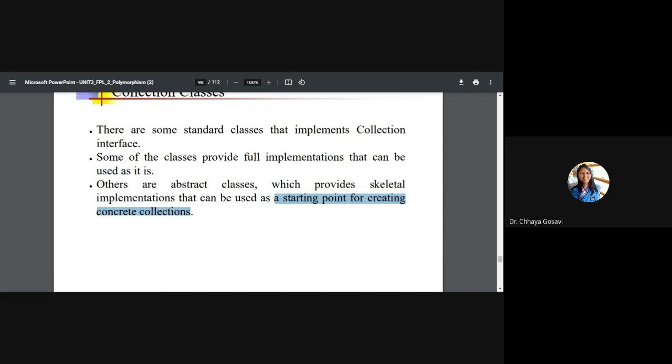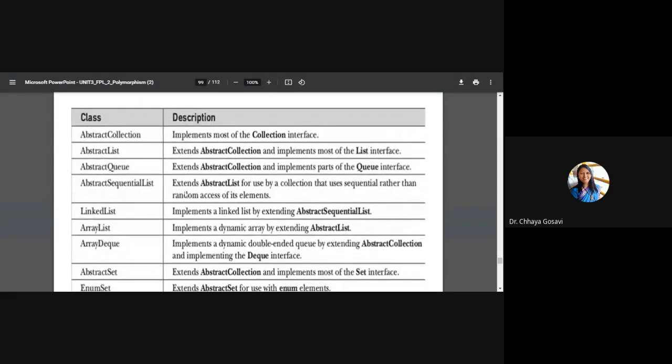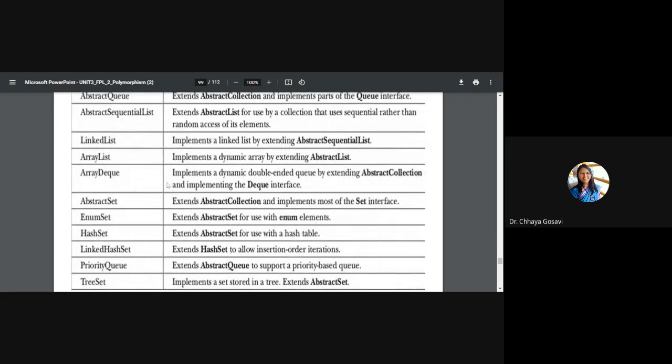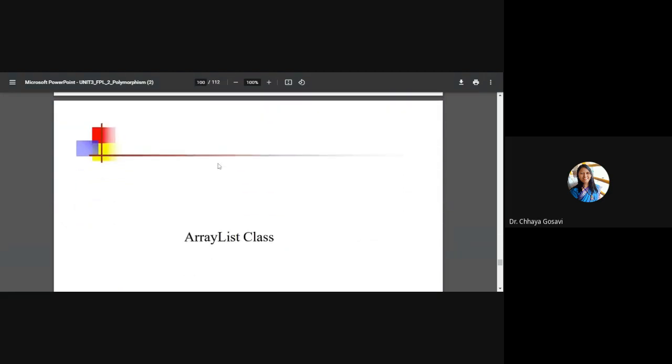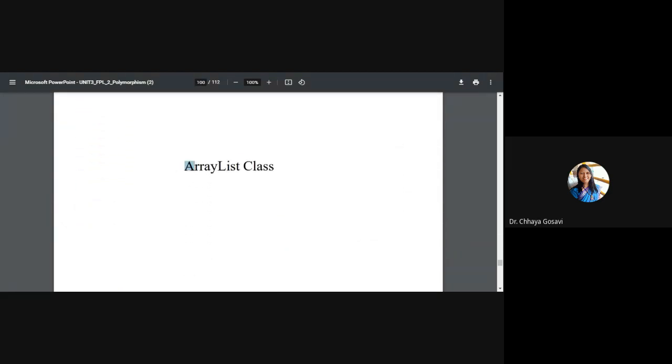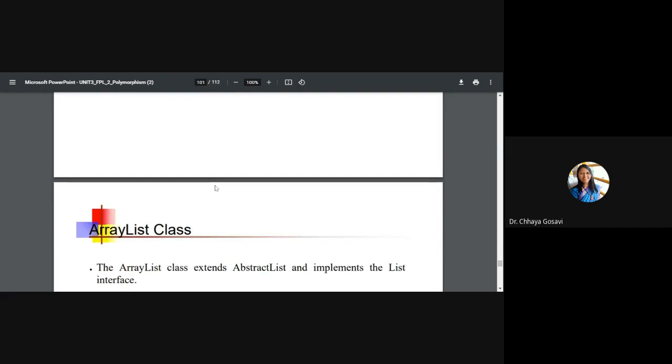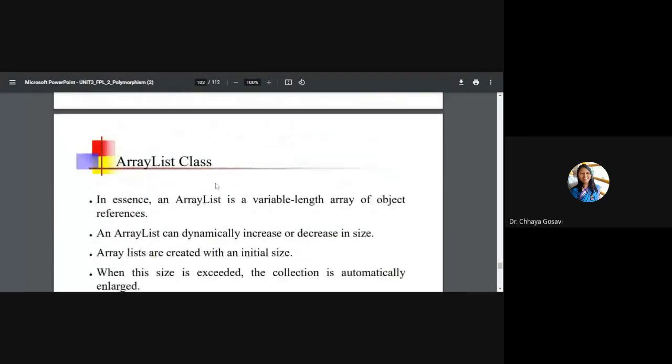So some classes are ready to use, some classes are purposely kept blank, so you can modify them as per your need. These are the classes: abstract collection, array list, abstract queue, linked list, which are available in the Java Collection Framework. From that, we are going to use array list as well as hash set.